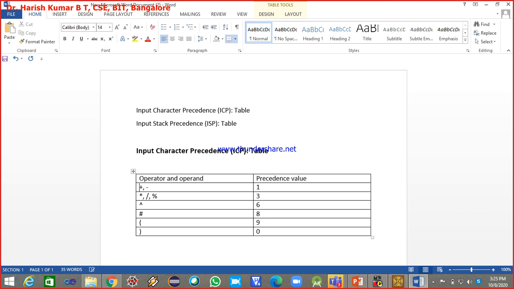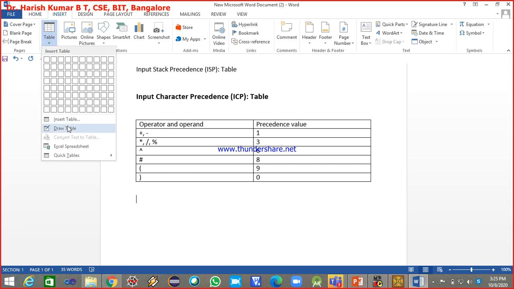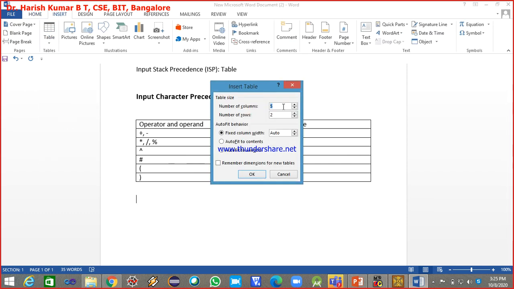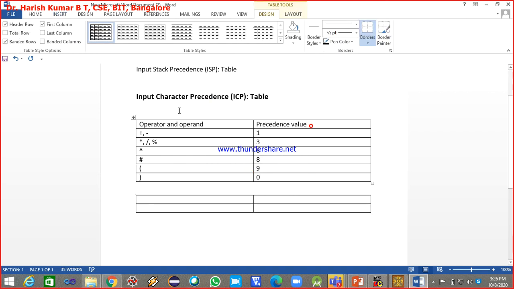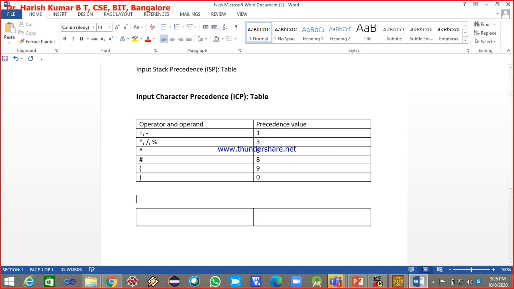And similarly, there is another table. Let me insert one more table. This table is now the stack precedence table.